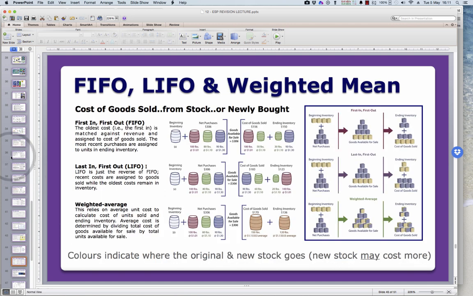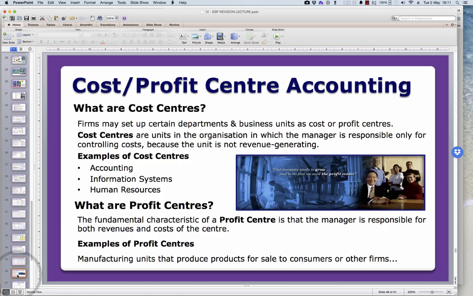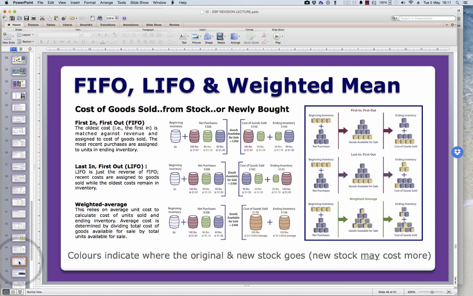Okay, so there's something called first in, first out, last in, first out, and weighted mean. So what does all this mean? Okay, so what this means is that in terms of first in, first out, when you buy in